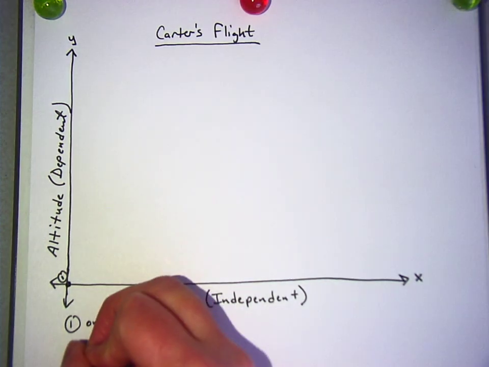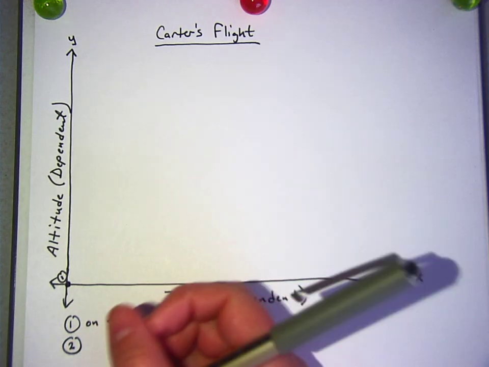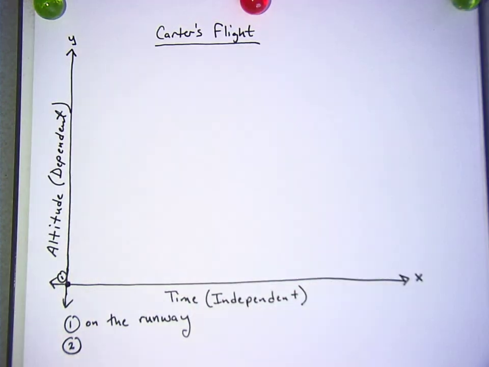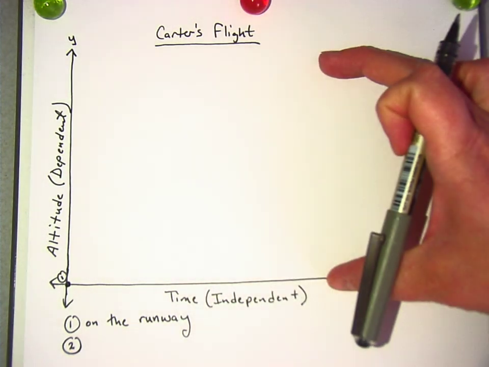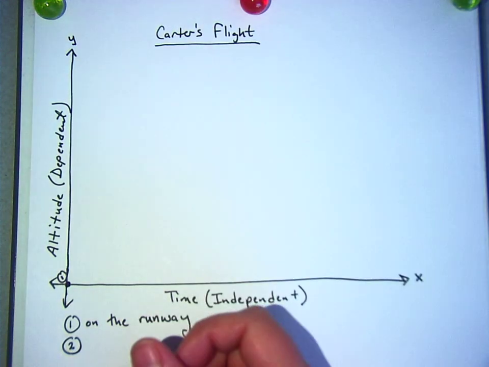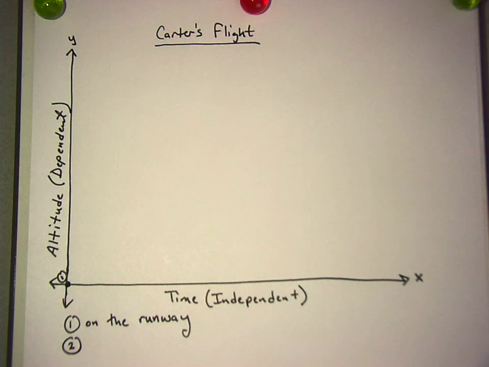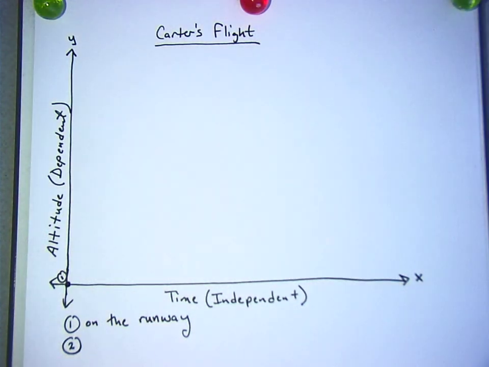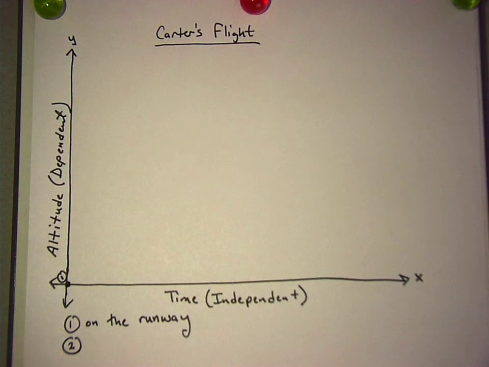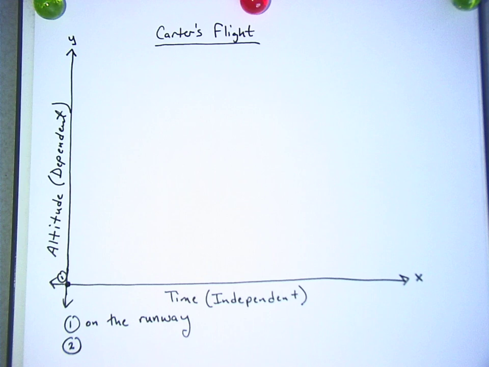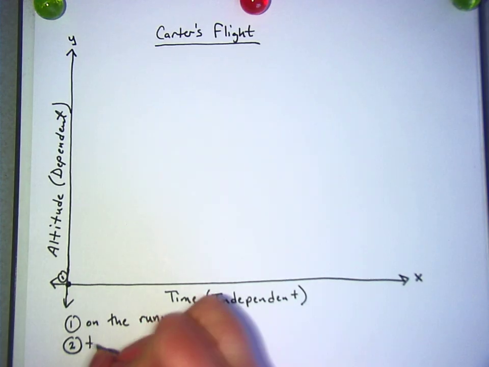Now, if you've been on a plane before, do you have a question for me, Jess? Well, I was going to say, since the plane has the wheels and such, it would technically have at least some height. Right, but if this whole distance is how high it might be in the air, then it's going to be pretty hard to tell the difference down there, but you're right. Now, if you've been on a plane before, you know that you don't just take off immediately from an airport. Usually they do something called taxiing around the runway. Do you know what that means? That means they get in line with all the other planes. They drive around a little bit until they're ready at the beginning to take off. They get the clearance and then they go, right? So we're going to write taxiing